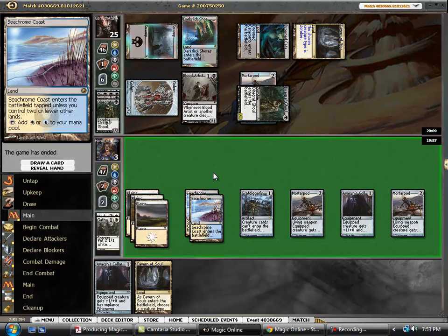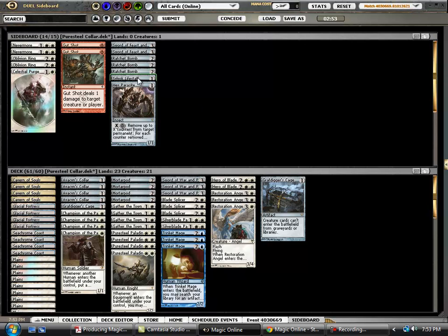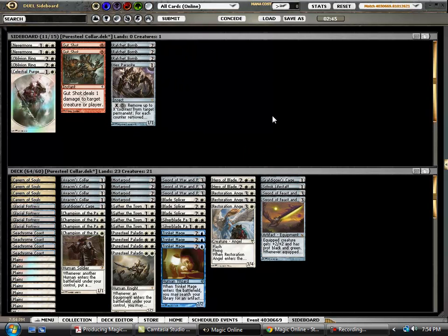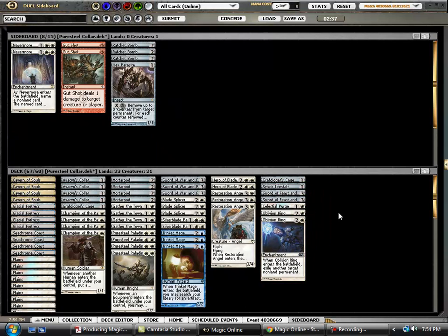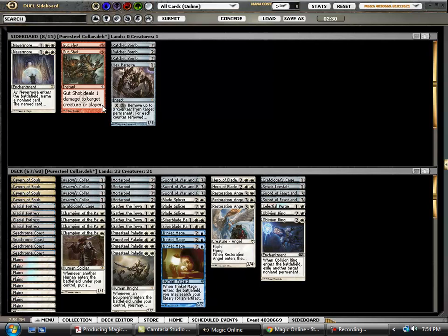Alright, so up against the zombie pod, we definitely want to bring in Grafdigger's Cage. Life Staff is a must. Feast and Famine. And Oblivion Ring and Purge. So the question is, do we bring in Gut Shot for his Blood Artist? I don't think so, because the damage that we're taking for a Gut Shot is actually probably not worth it, considering how much of a life race it's really going to be. So I think